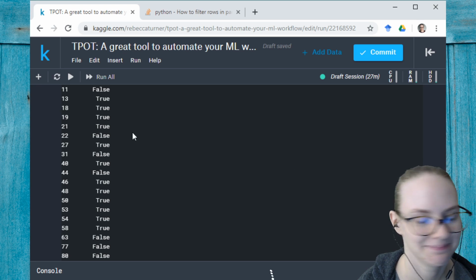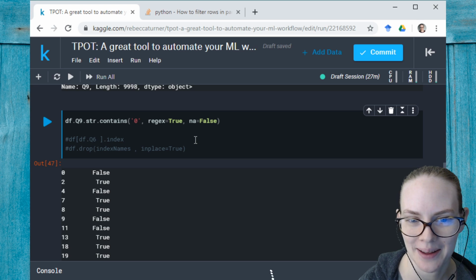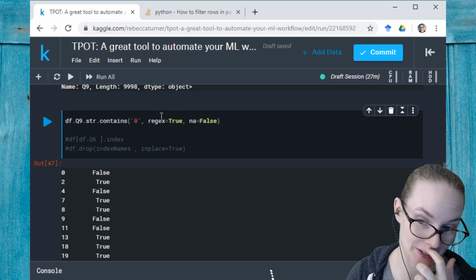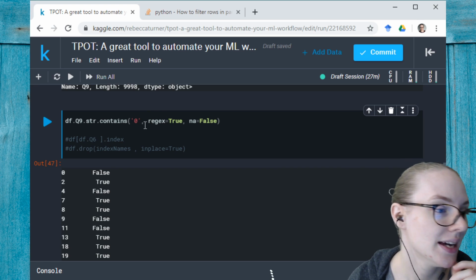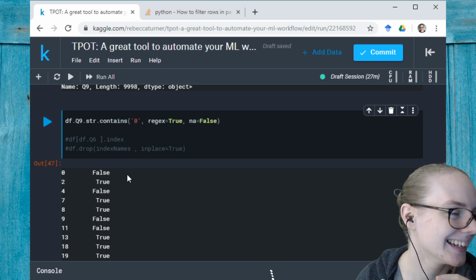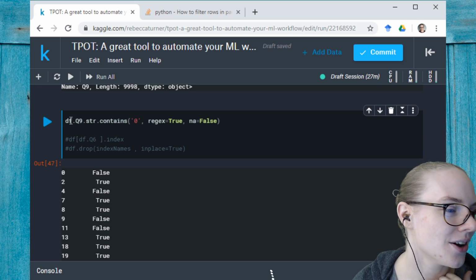Solved it. All right. Okay, so the problem was that I was looking at question 9, which has question 6, which has no numbers, and not question 9, which does have numbers. Hashtag dyslexia. Okay, so we have